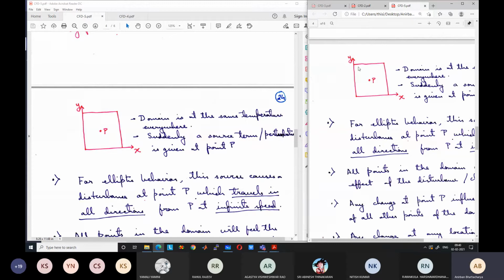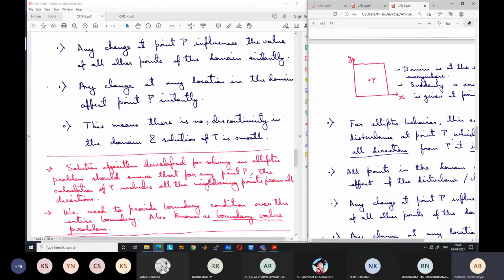But for elliptic equation, it is anyway the entire domain, both of these. Again I will repeat for the sake of the others. Domain of dependence, by the name it should be clear. Dependence means that this point P depends on the value of that domain. So here the point P depends on the entire domain, so the entire domain is the domain of dependence. Domain of influence, the word influence is there, it means that P influences the region. So in this case P influences the entire region, so the entire region is the domain of influence. So this is the importance of domain of dependence and domain of influence.